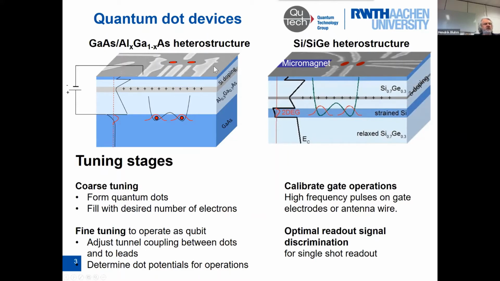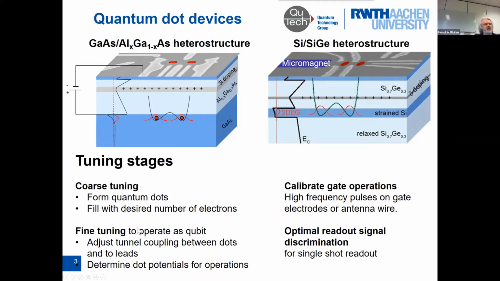If you start with a virgin device without any voltages on the gates, all you have is a bunch of electrons, way too many. Then one needs to apply the right amount of voltage to capture these individual electrons, and have the right tunnel barrier so that these quantum dots where few electrons or single electrons can sit. Once this is done, which is in some way even the hardest part or hardest to automate,